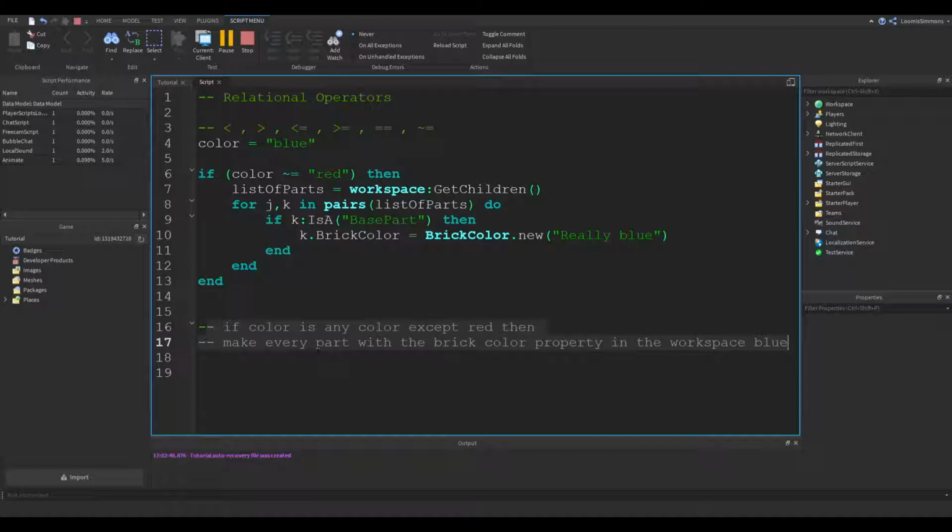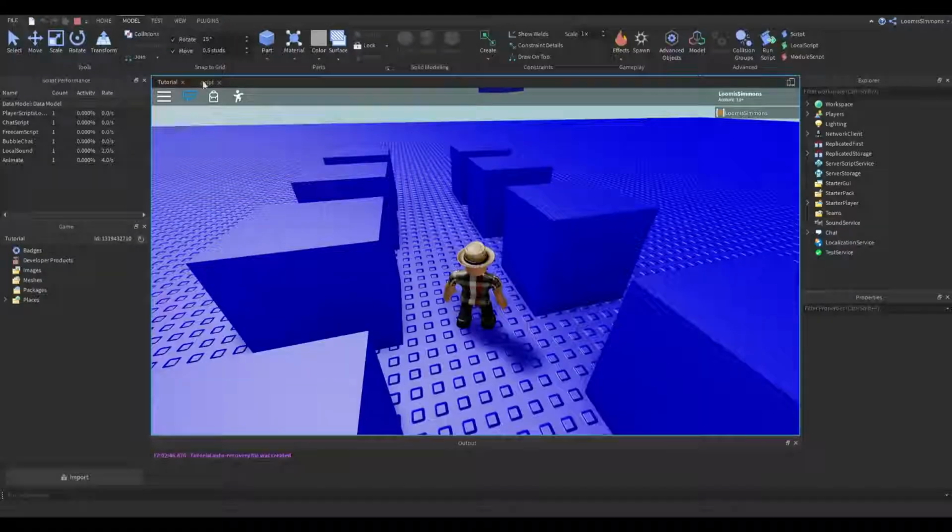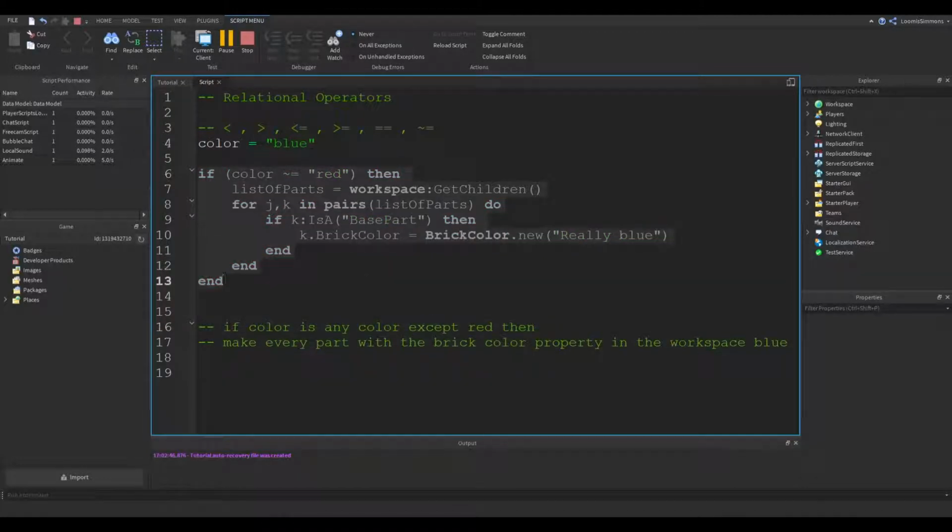And what you want it to do is this instruction in here, right? You can go in there and create the world. You can create it with code if you wanted to. We did that in our last tutorial. We created the steps for the obby with a few lines of code. You could simply change things, and you could do the same thing with the code, and it becomes so much more powerful because it's basically everything you want to do or create. You really have it at your fingertips here, because you can create a whole world and then affect it with your code. And relational operators are just another thing in your toolbox where now you have a little more power